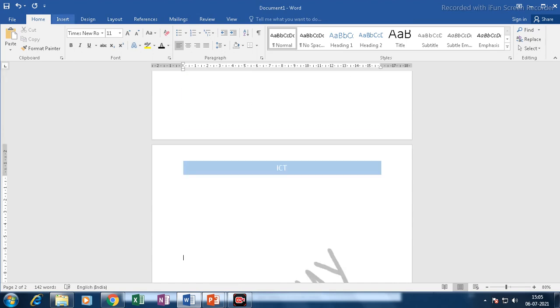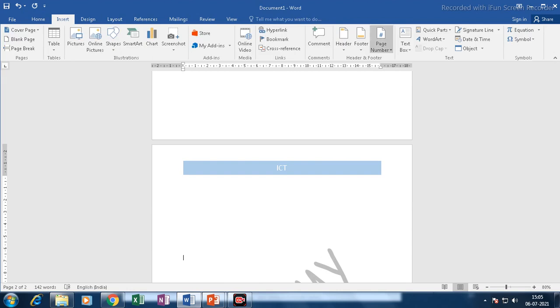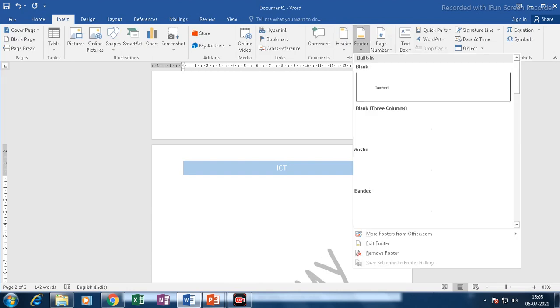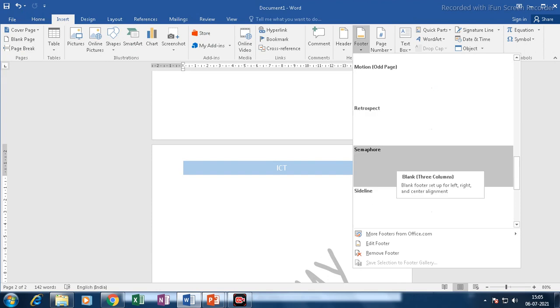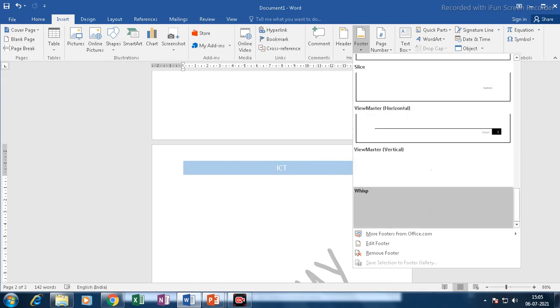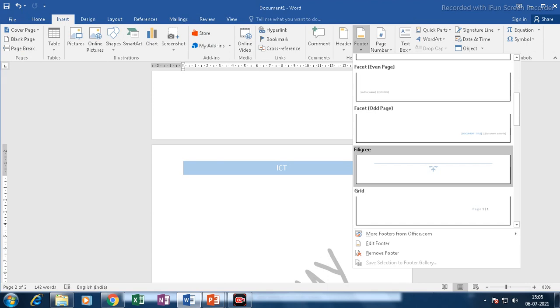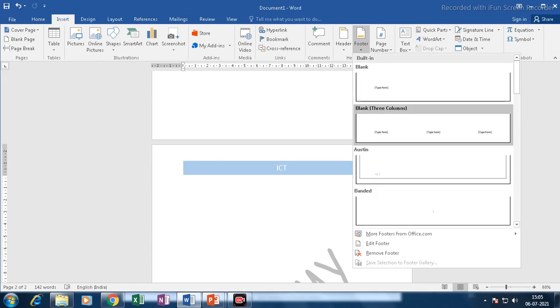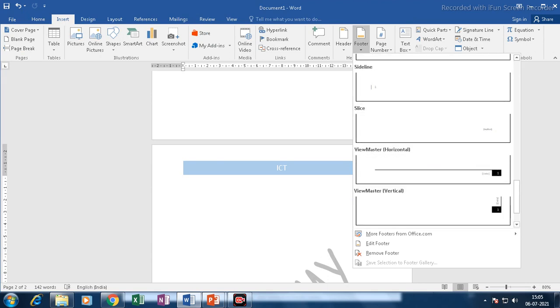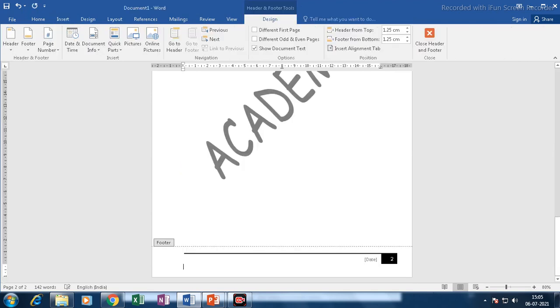Let's move on to the footer. Go to the insert tab, footer option, select any one. If I want this one, click on it.